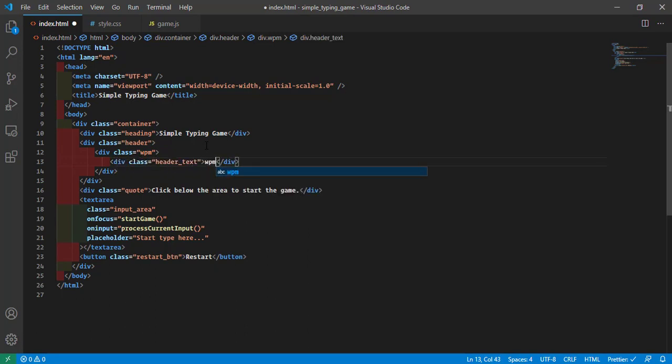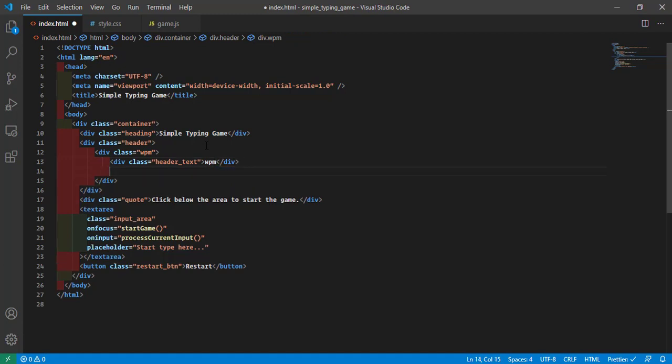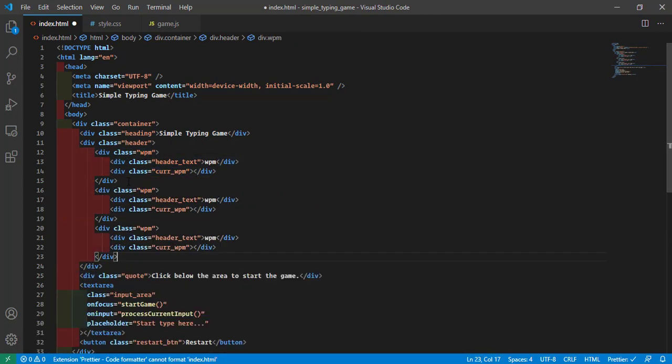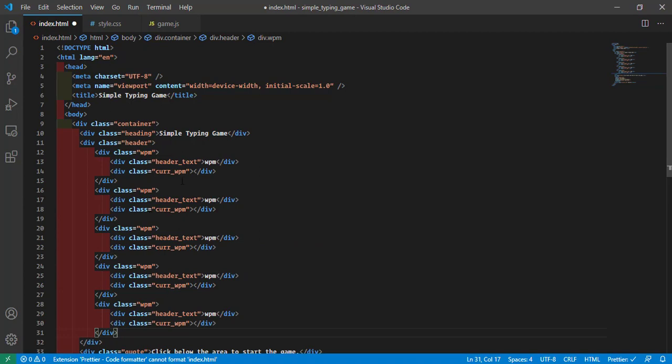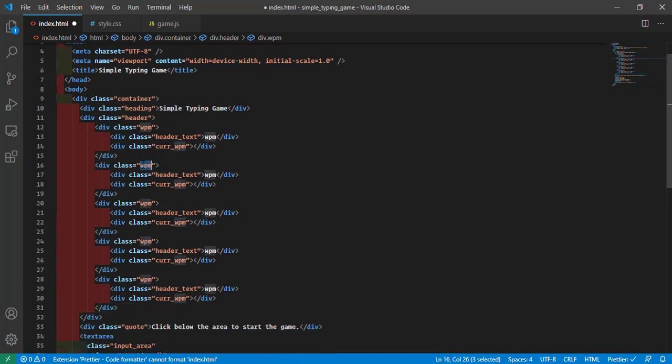I'm just going to put WPM, and another is the current WPM. Okay, now we can copy this and paste it 4 times, and it should be CPM. So CPM, and that is going to be